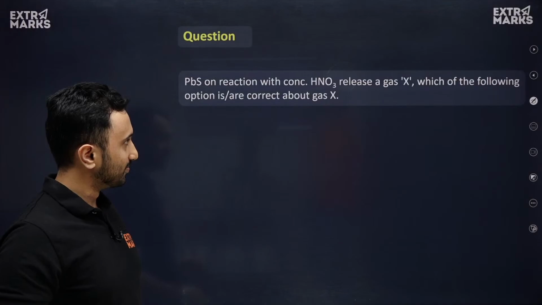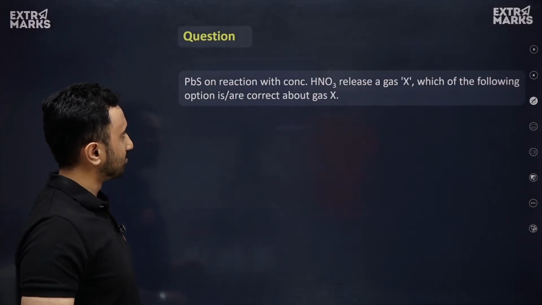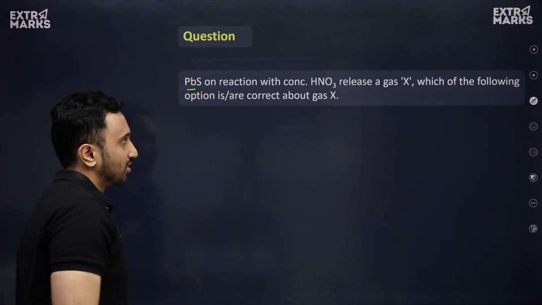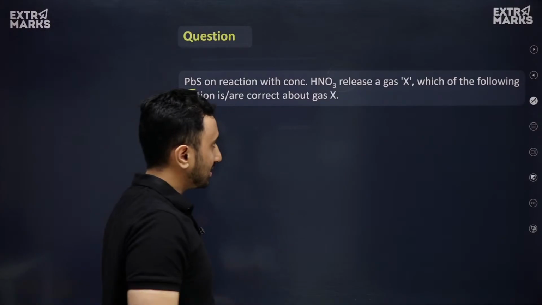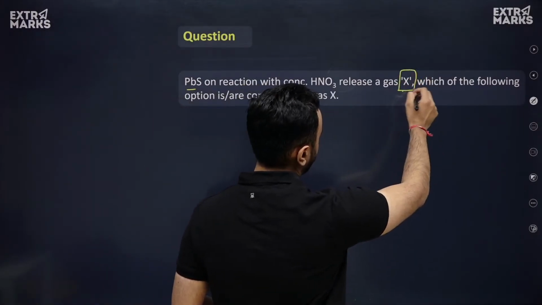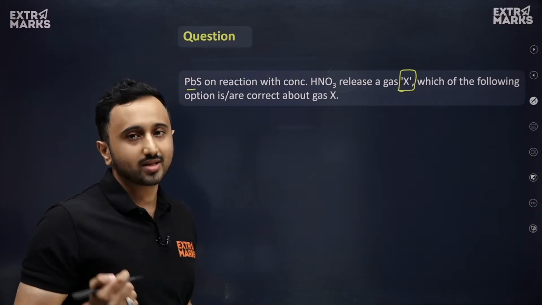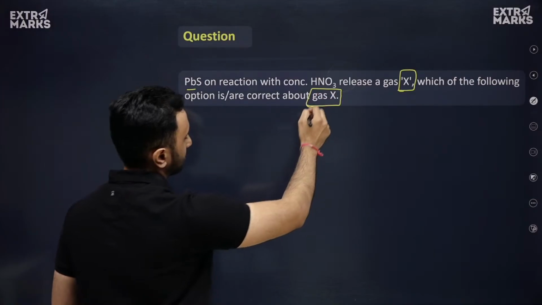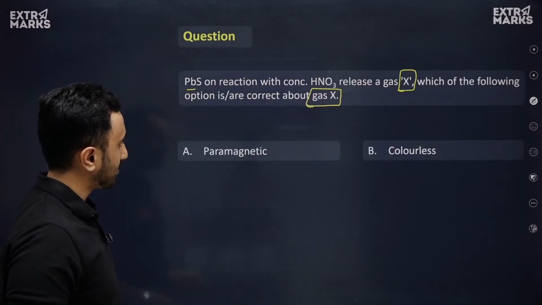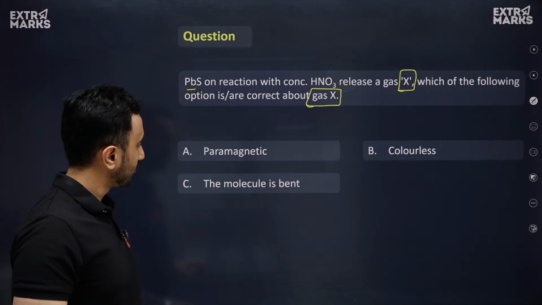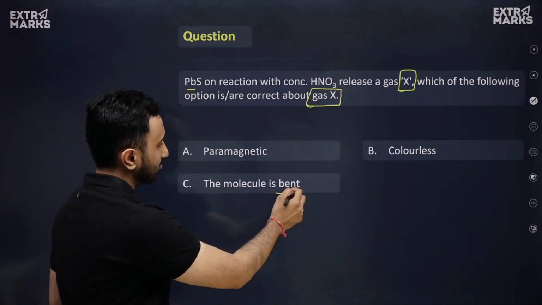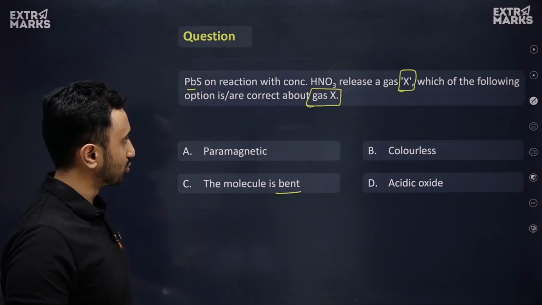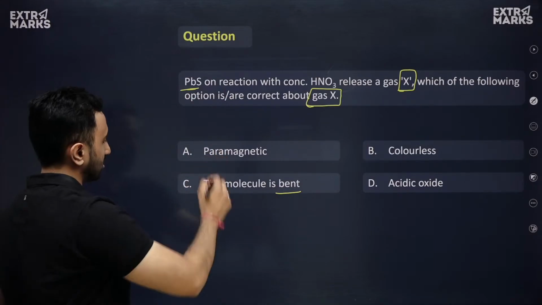Okay, let's move forward. So another question from inorganic chemistry. PbS on reaction with concentrated HNO3 releases a gas X. You have to say about the following properties which are about this gas X. The properties are like this: is it paramagnetic? Is it colorless? Is the molecule bent in shape, or is it an acidic oxide? Let's try this question. So here also we must know the reaction of PbS